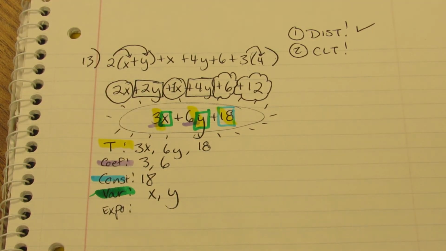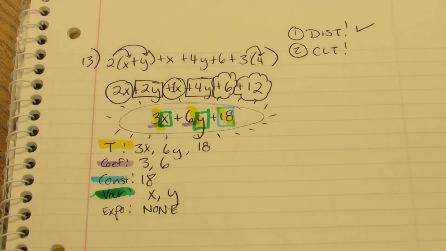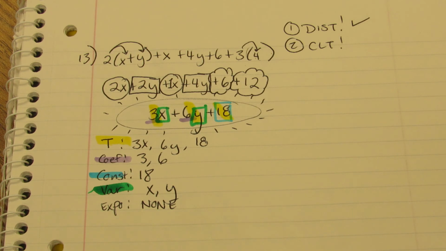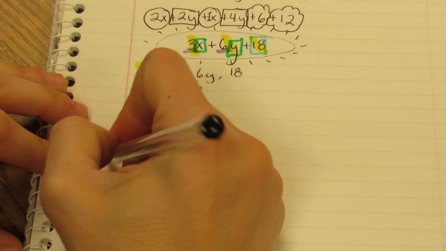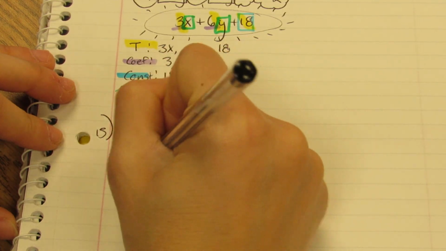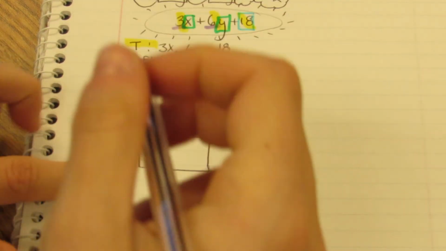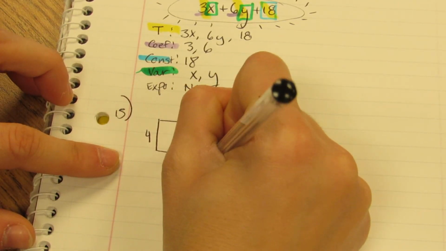It's kind of like breaking down the expression. And our exponents, we don't have any, so we're going to say none. All right? So that's how you do those types of questions. Number 14 is exactly like number 13. So I'm going to move on. Number 15, it says, I'm going to go ahead and draw this. But before I move to 15, let me make a quick note about number